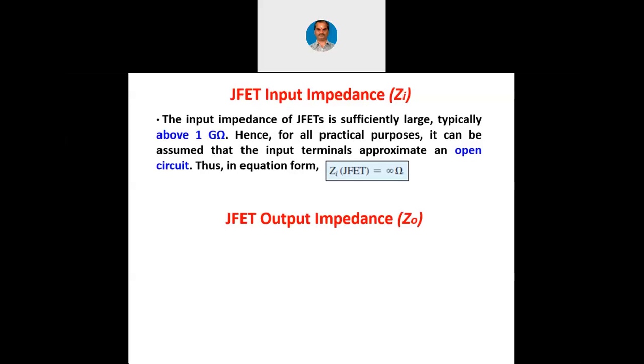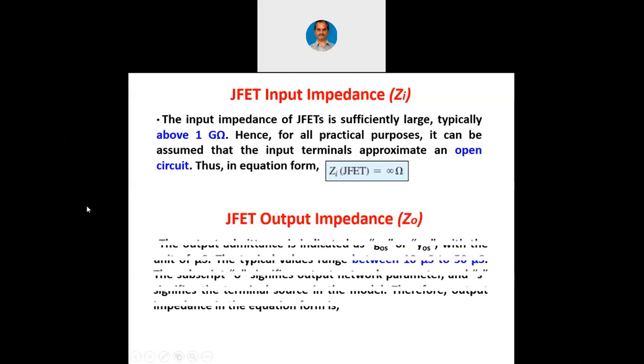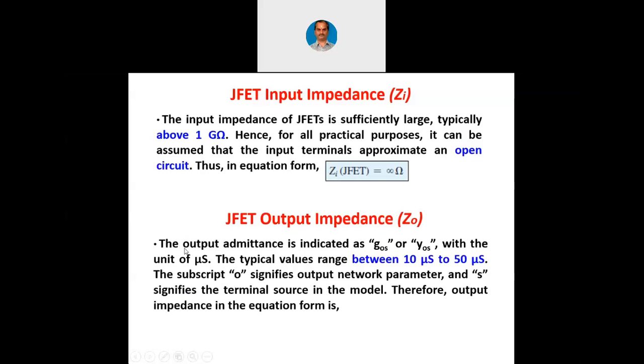Let us see. The output admittance is indicated as GOS or YOS. We can call it impedance also, we can call it admittance also. 1 over Z is admittance itself. By the way,